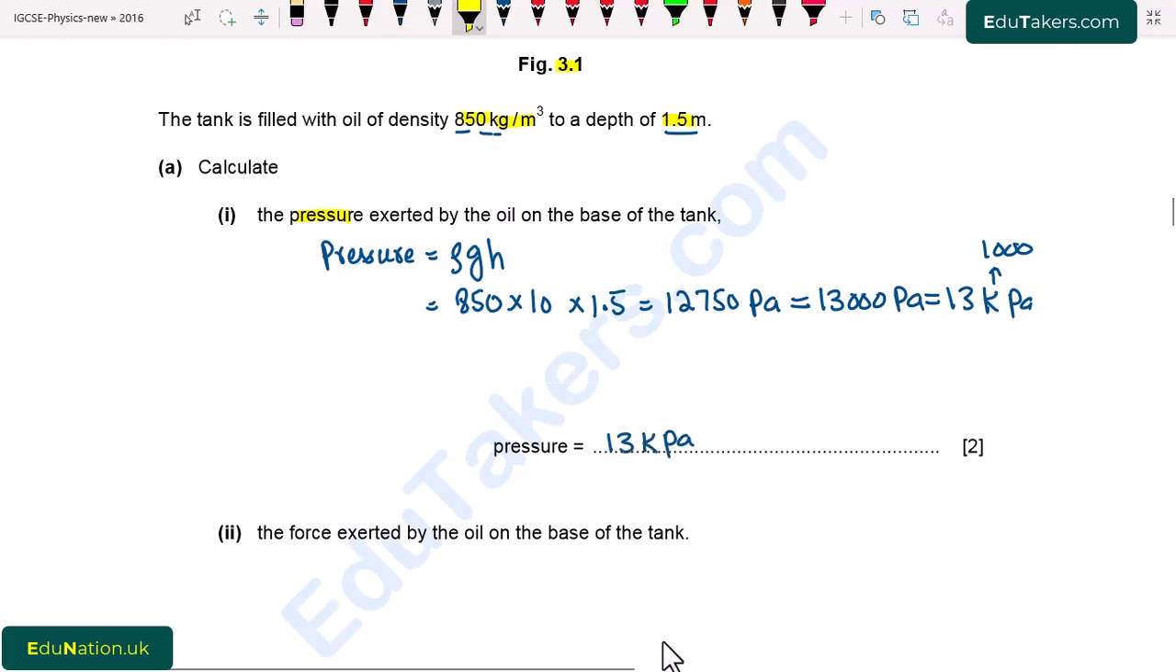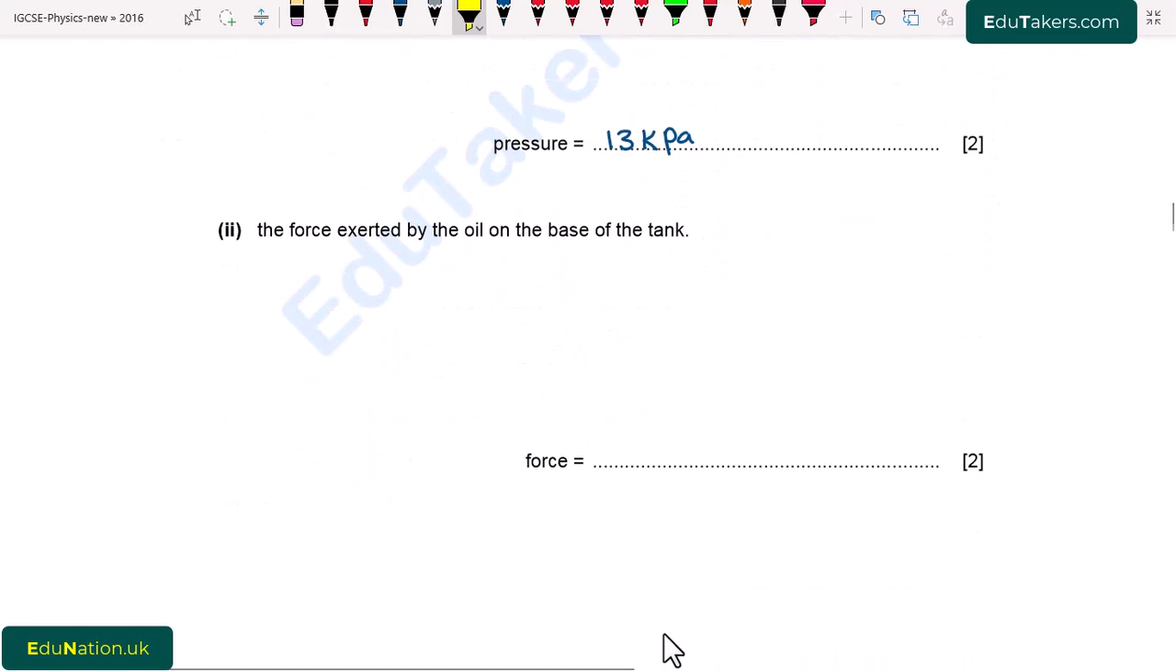Next, part 2. The force exerted by the oil on the base of the tank. So here we have to find out the value of force using the formula of pressure, that pressure is equal to force per unit area. We have to find out the value of force here. So force will be the product of pressure and area. I write here force is equal to P cross A,